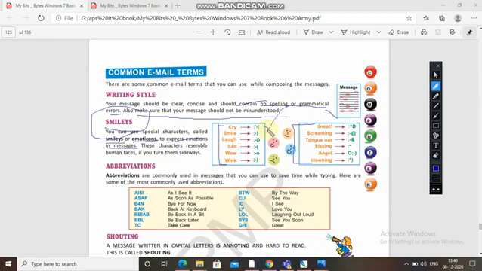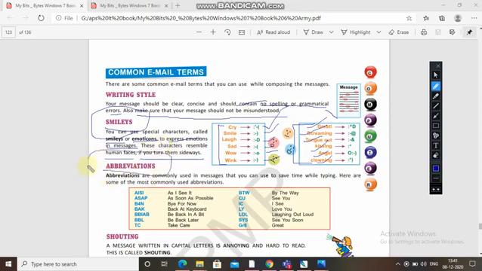This symbol is for cry, smiley, laugh, sad, wow, wink, great, screaming, tongue out, kissing, angel, cloning. So these are the smileys which you can use in your messages, and these characters resemble human faces if you turn them sideways.